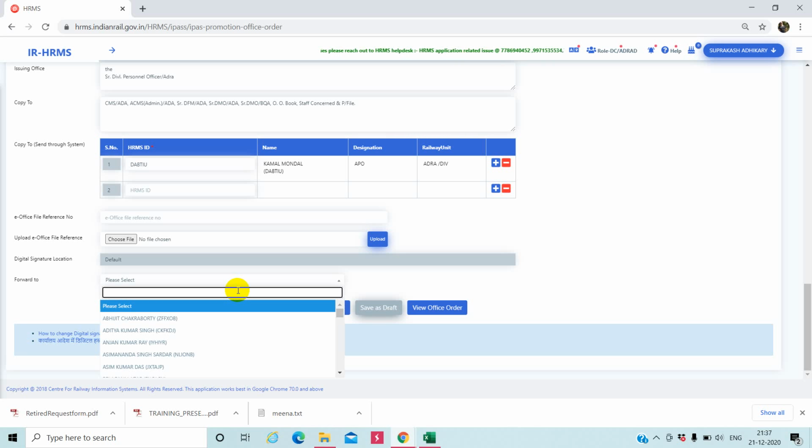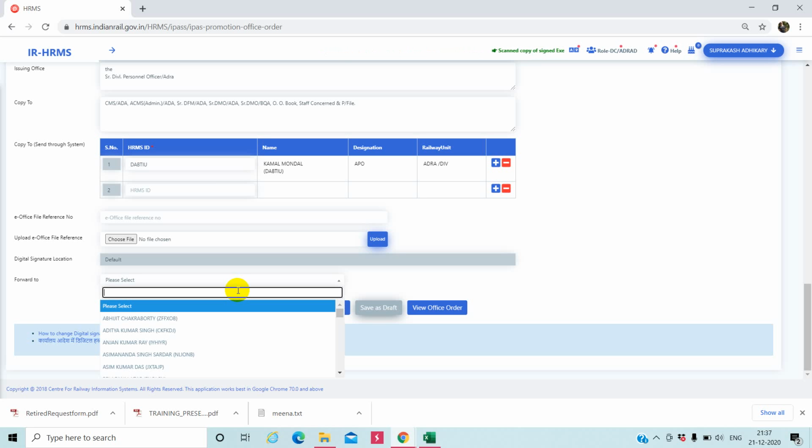After that you make a Xerox copy and forward it to the concerned departmental branch officer. And in such a way, so many things are there in manual cases that you are performing right now. But on the HRMS platform, you do not need to perform all this extra activity.